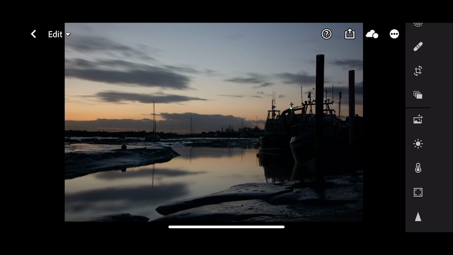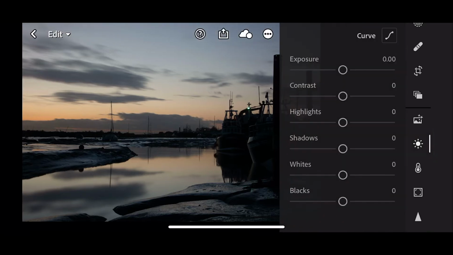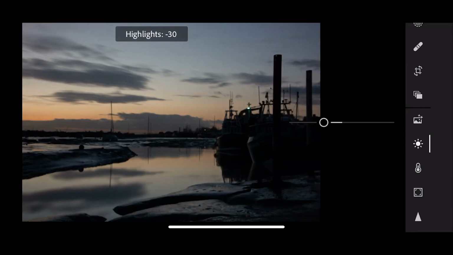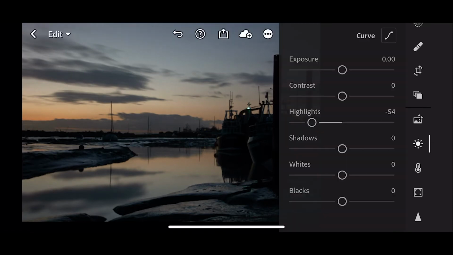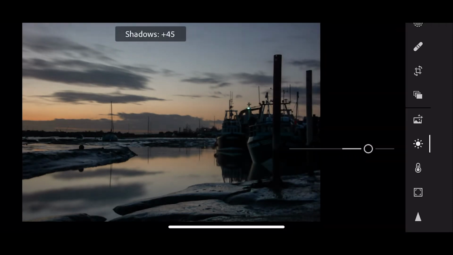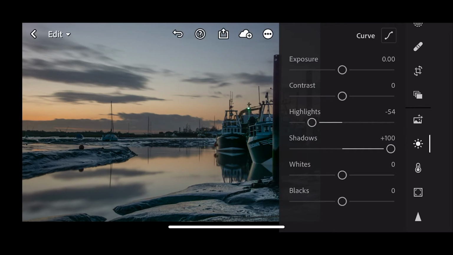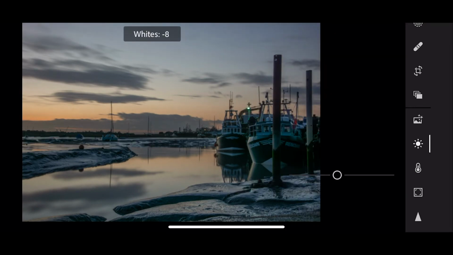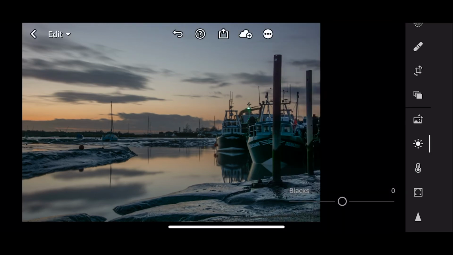So we're going to start on this image, and as always I like to start on the light. The exposure looks okay, but what we want to do is bring the highlights down, so around about -54, and we want to take the shadows all the way up to bring back some of the detail. I'm going to take the whites down a tad, it's -6, and we're going to take the blacks